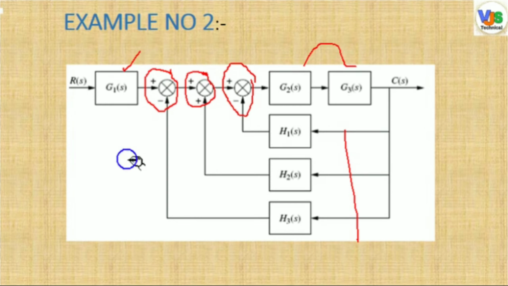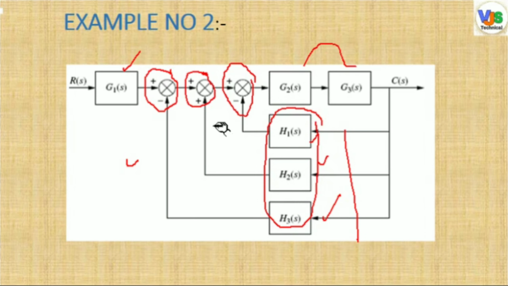We have to decide first how to solve the block diagram reduction, or how to make the system simple. For that purpose, we need to understand which gain we can simplify first. My friends, if we consider H1(s), H2(s) and H3(s) combined, and combine all three feedbacks with this, the system becomes more complex. But if we first combine these three feedbacks with respect to the gain provided, then we can convert this system into a single loop control system.